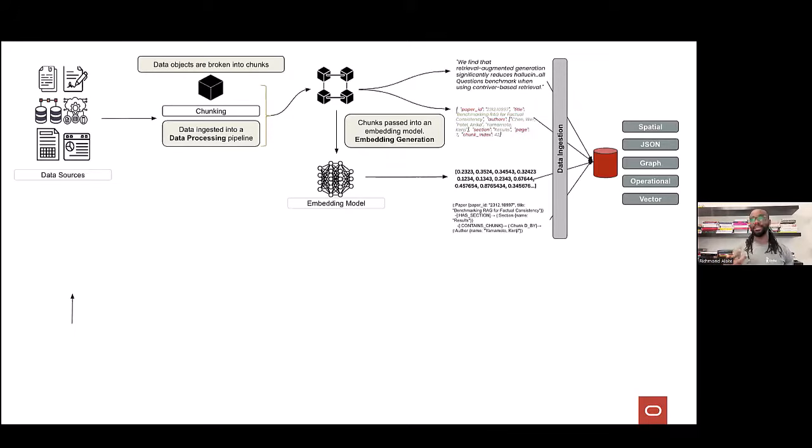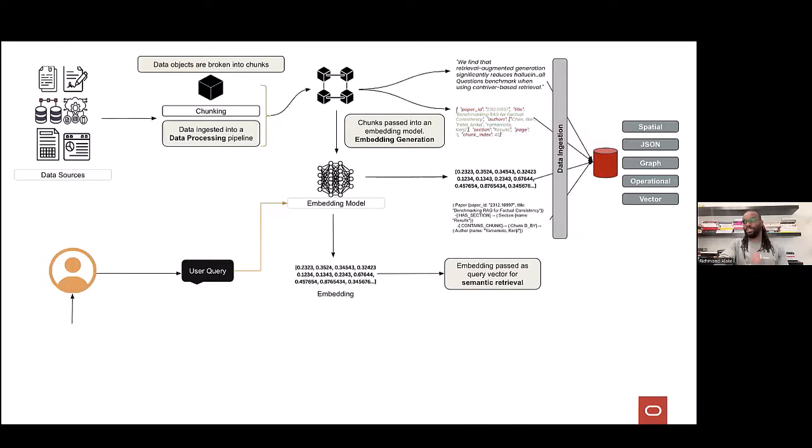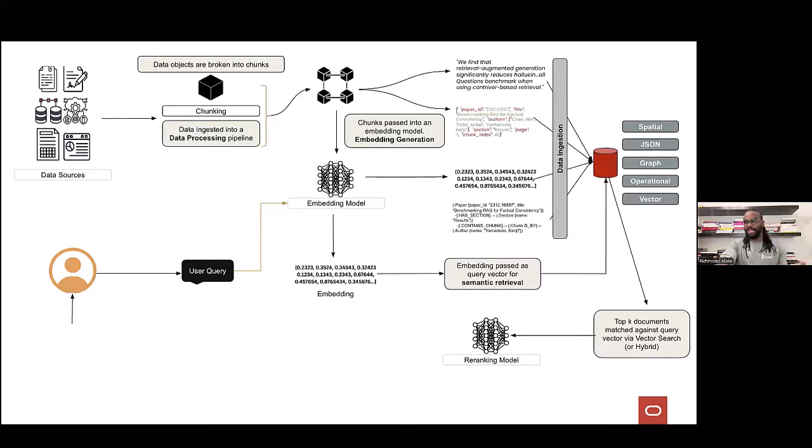And what I mean by handle is providing all the retrieval strategies, the storage optimization, and all the bells and whistles. But going back to RAG, we've ingested our data. Next, we will have a user that will possibly ask a question. We take the user query and embed it with the same embedding model we used in the data ingestion process. Then we can use that to conduct semantic retrieval powered by vector search, get a certain number of documents, maybe about 10 to 100 documents related to the user query, and pass that through a re-ranking model,